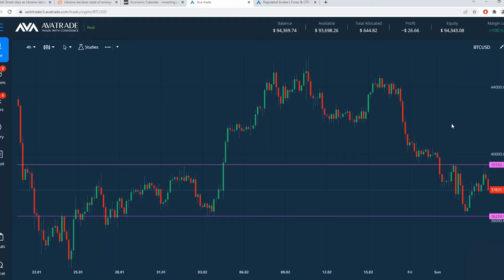And that goes back then to the fundamentals. You say, if I've got equal distance between resistance and support, then how do I choose the direction that makes sense to me? And you lean on the fundamentals in that situation and you say, listen, there's fear on the markets. US dollar has shown some strengthening. Maybe I go with Bitcoin trying to test the support level down here.